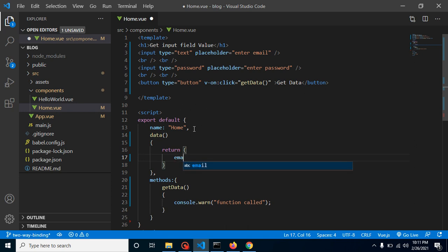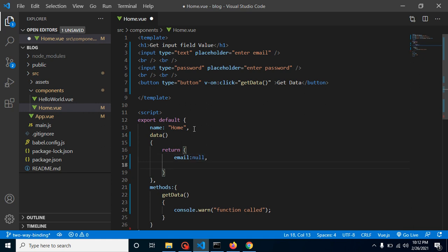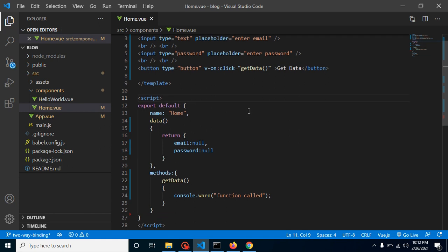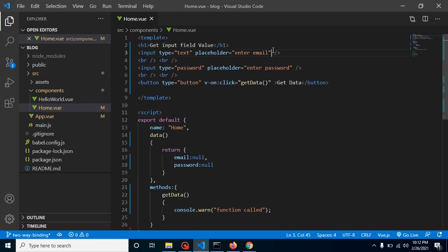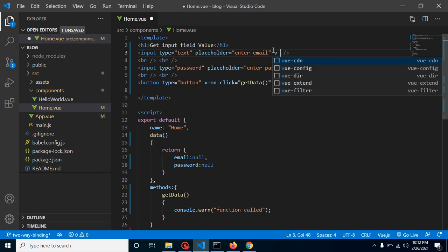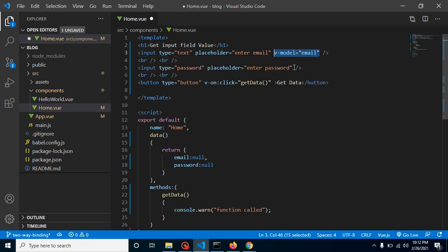We can put email, which is our field name, as null, and similarly password can also be null. After that, let's bind these fields with the data values. How can we bind here? v-model and our field name, which is email, and similarly we can put v-model password for the password field.